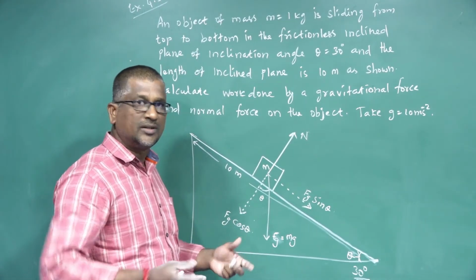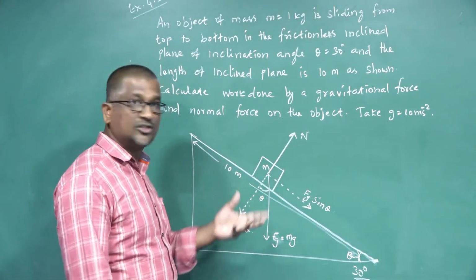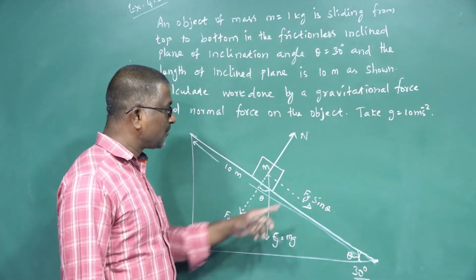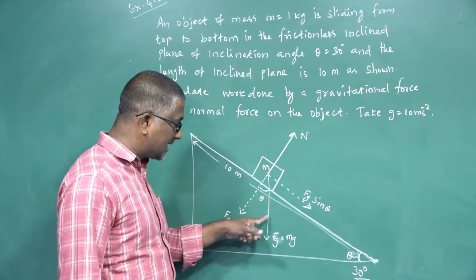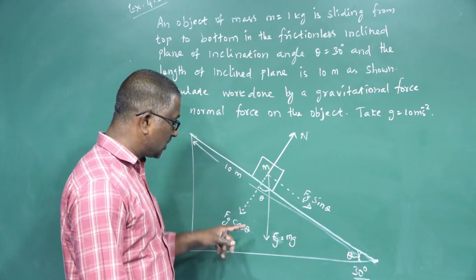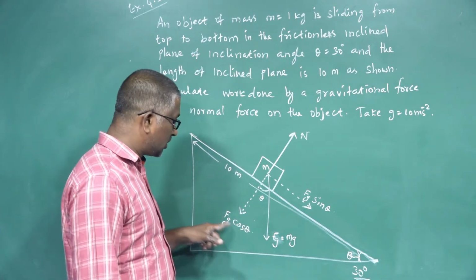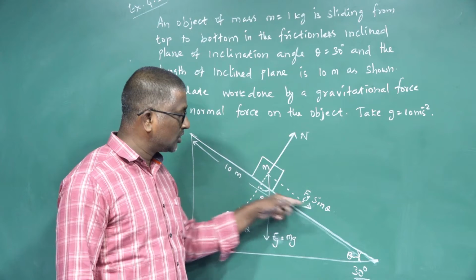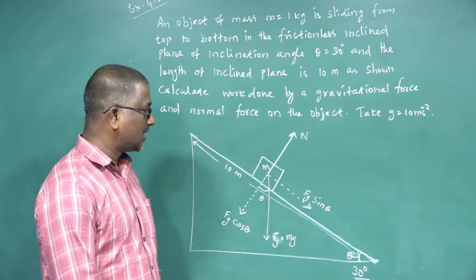Okay, vector resolution, you already know that. Here, by resolving the gravitational force into two components, one of the components makes an angle of theta with the given force, that should be the cos component, so that is why it is taken as Fg cos theta. And another component is a sine component, so that is why it is taken as Fg sin theta, right.